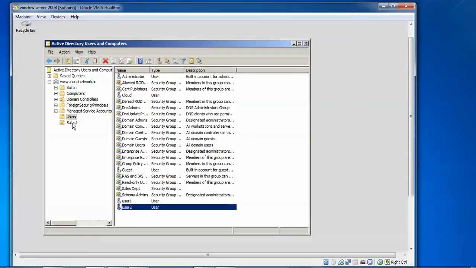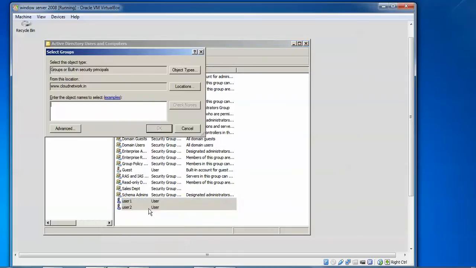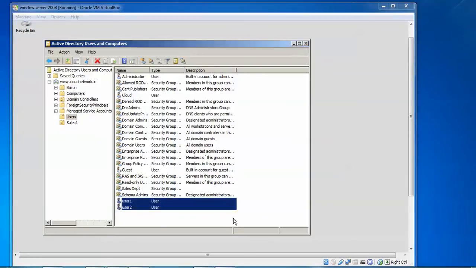Now I will move this user to the sales department. Right click and add to a group. Then I'm going to type Sales 1 and check names. Here I have got it.